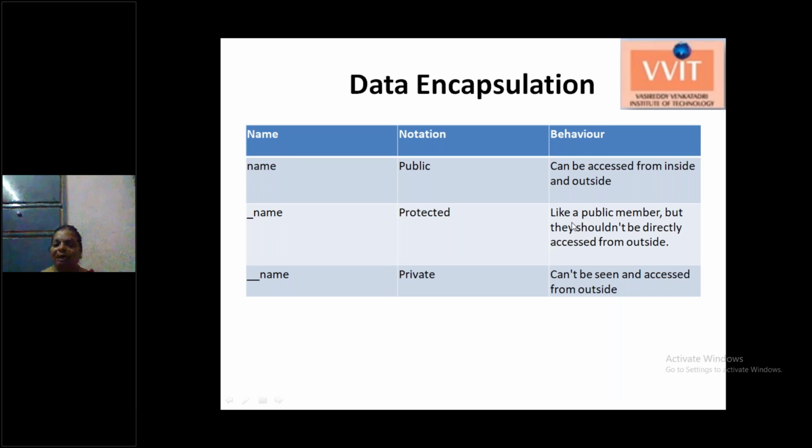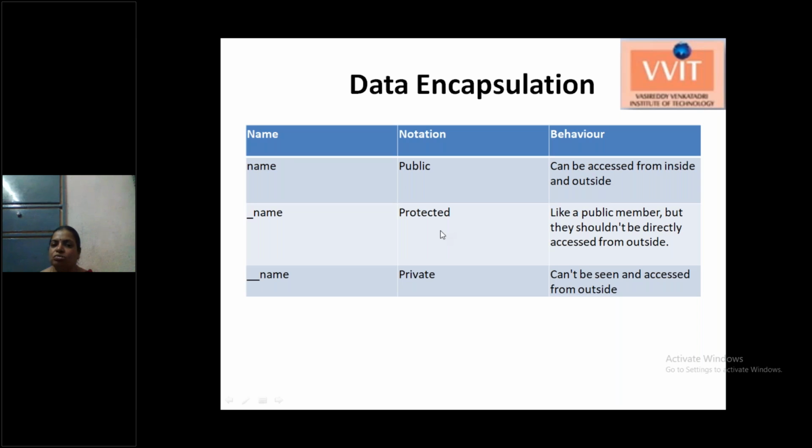Protected variables we can call partially private and partially public. Why? Because protected variables are accessible outside the class, but those classes must be related to the current class. Simply put, the derived classes or child classes of the current class can access the protected variables.